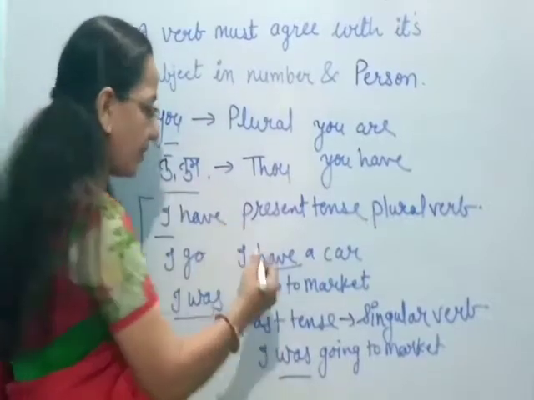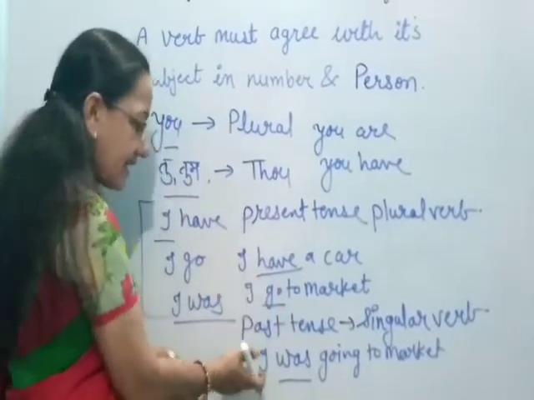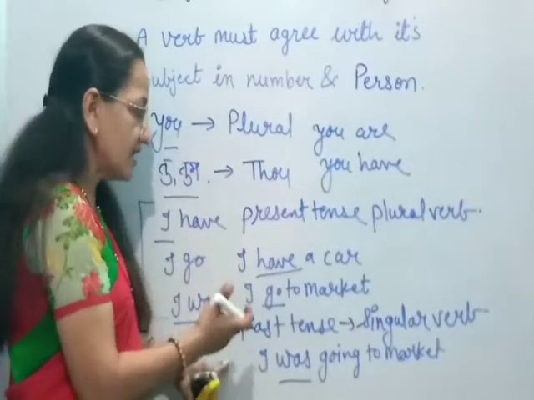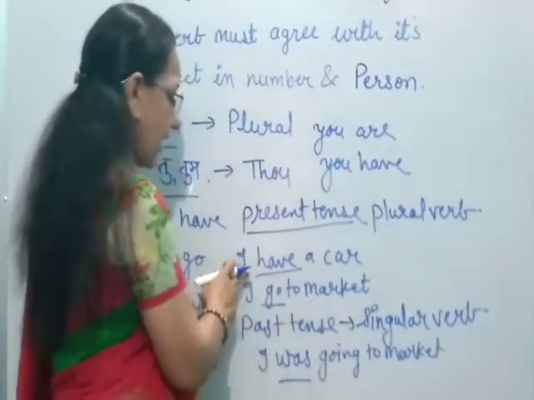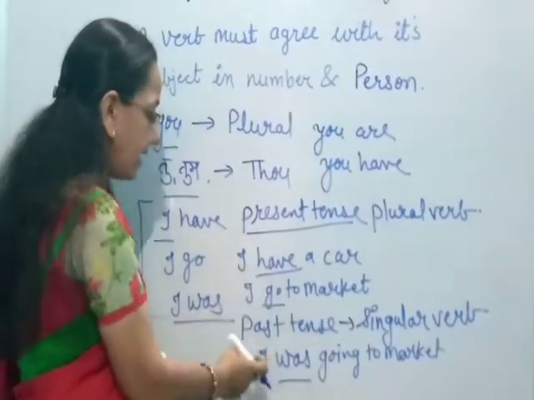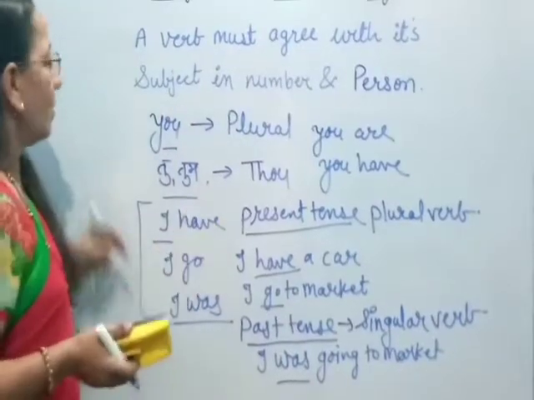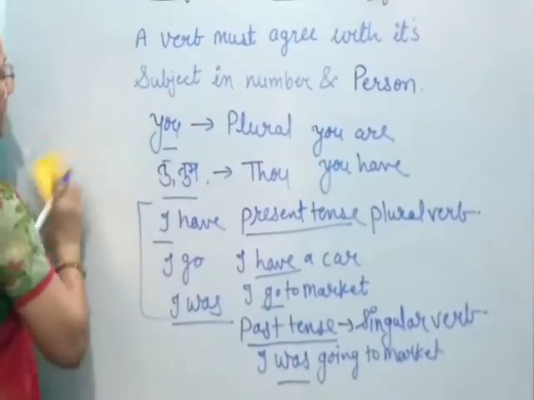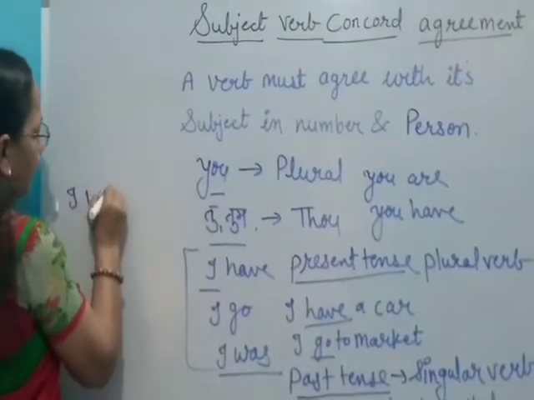Sometimes I carries plural verbs and sometimes it carries singular verbs, so why is it so? You could explain it: in all the present tense sentences I is carrying plural verbs and in past tense sentences I is carrying singular verbs. And one more exception in it, that is sometimes it is carrying like I were.